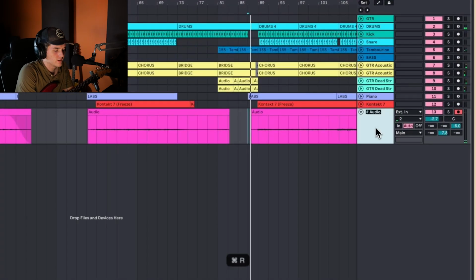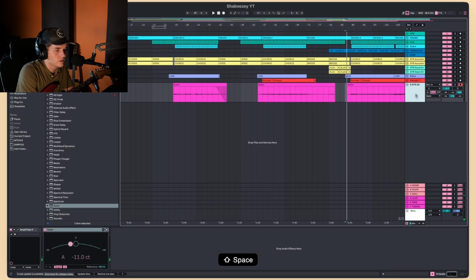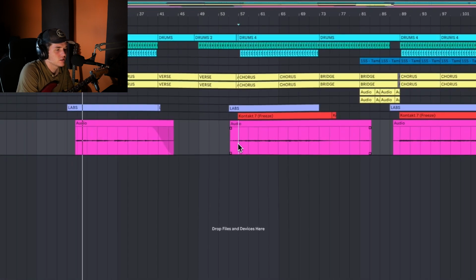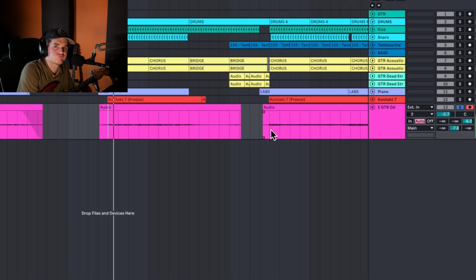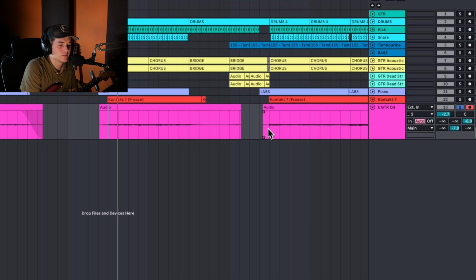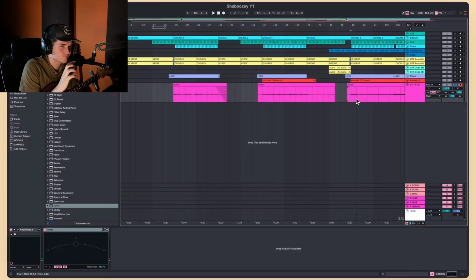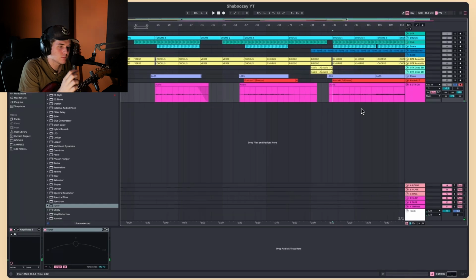Okay, so we got this guitar. This is going to be called the E guitar OD. Just playing stuff like this. What I really love doing on the last choruses is playing just the root note. It's got that pedal note vibe, because it is a pedal note. Adds a lot more nostalgia when you're playing the root note over the chord progression.